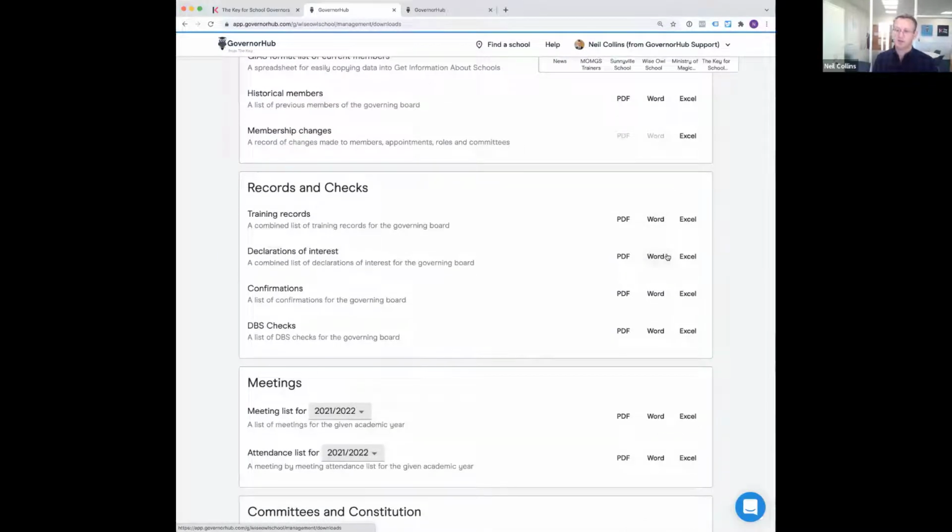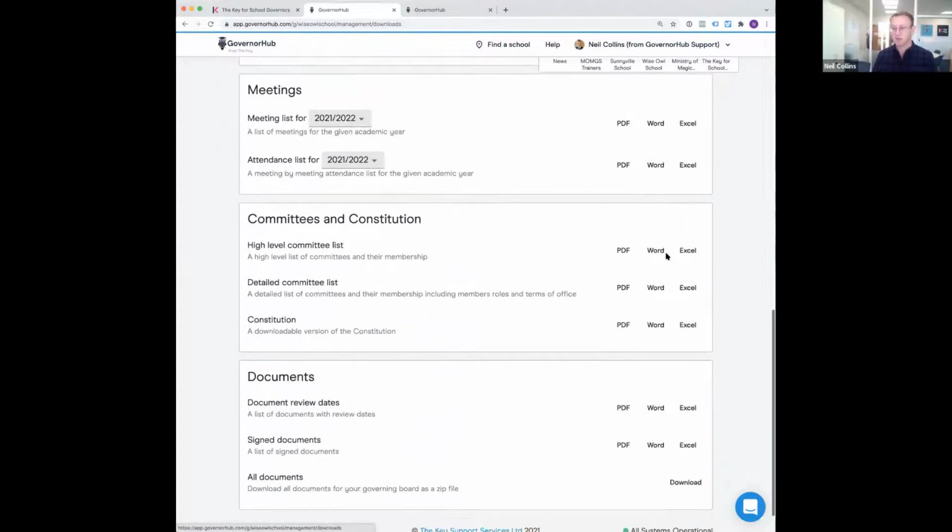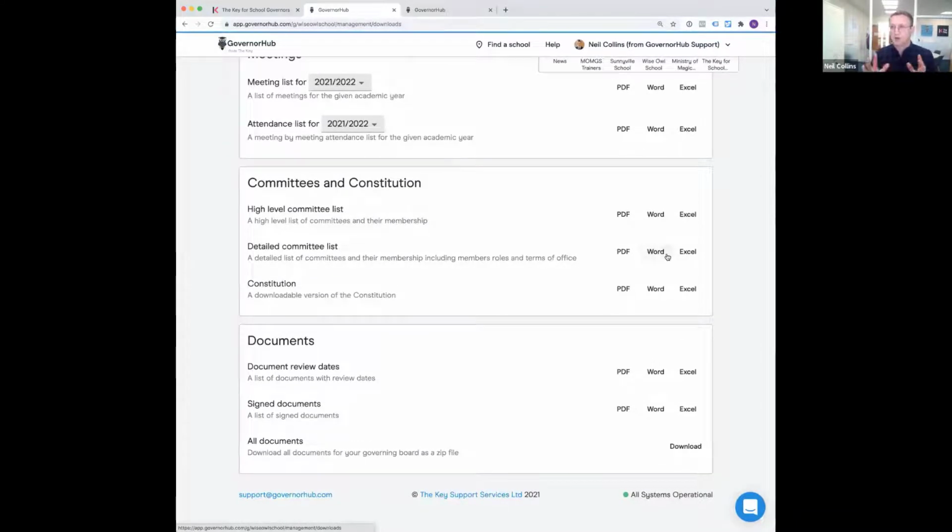And this relates to another question about moving between systems. We really want, and we've always done this, to give you easy access to your information on GovernHub. If you want to move off of GovernHub onto another system, we'll make that super easy for you. Likewise, if you want to go from another system into ours, then again, that's something which is really easy.